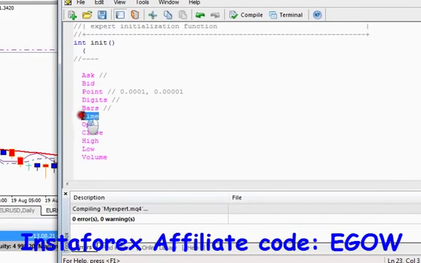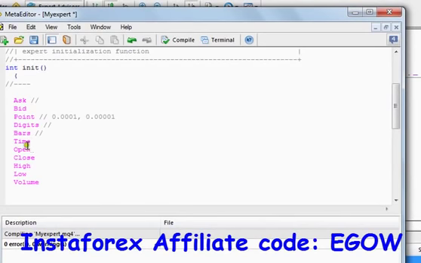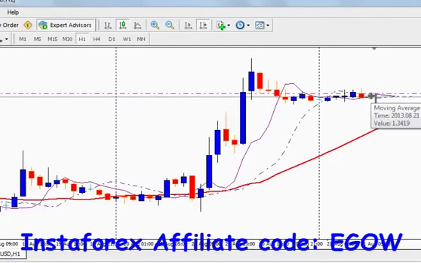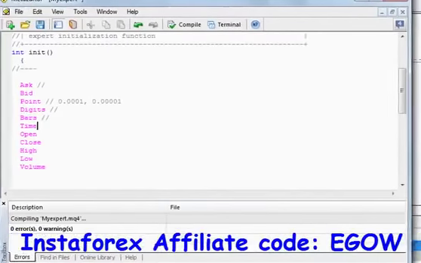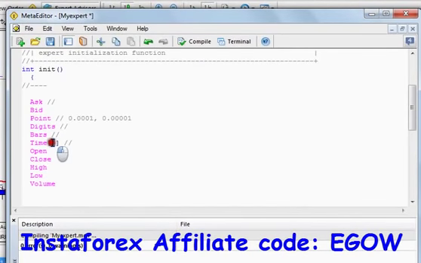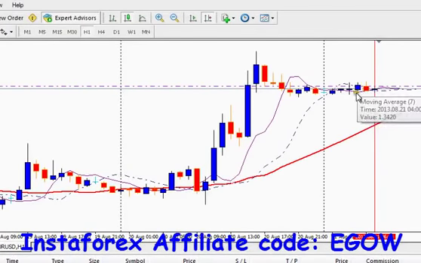The Time variable returns us the time. Whatever the server time is, this variable will return. For example, right now we have 6 o'clock, so this particular variable returns the current time. If we put brackets in it and write some number in it, it will return the particular candle's time. For example, I have written 2 in it, so it will return this candle's time, candle 0 1 2. And it also depends on the time frame which you have selected. Okay, so